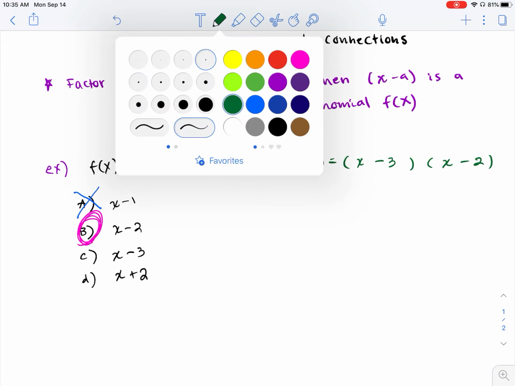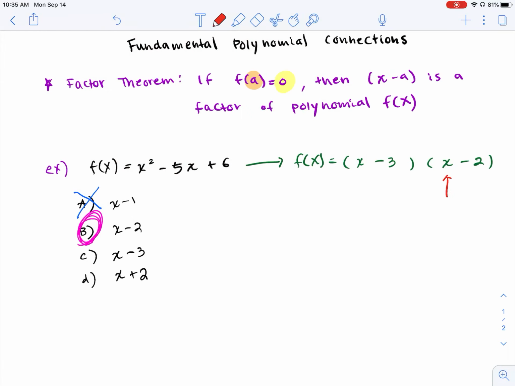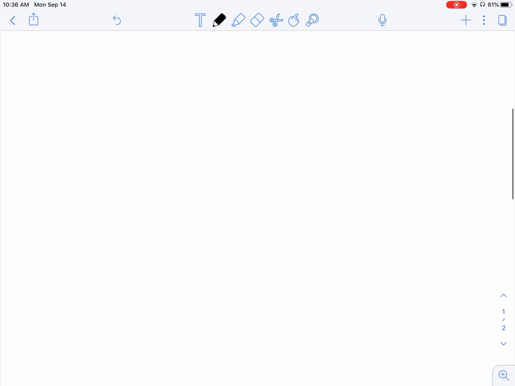You'll notice that if I put 2 in here, my entire function would equal 0. And that's why, before we factor, the fact that we substitute 2 into this function makes the entire equation equal to 0. It's more clear because for this function, we're actually able to factor. But let's say we didn't know how to factor. So, for example,